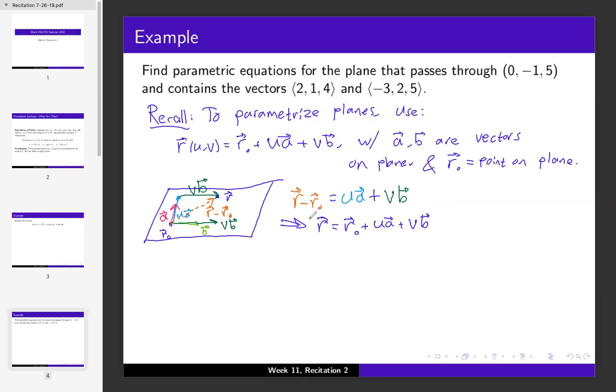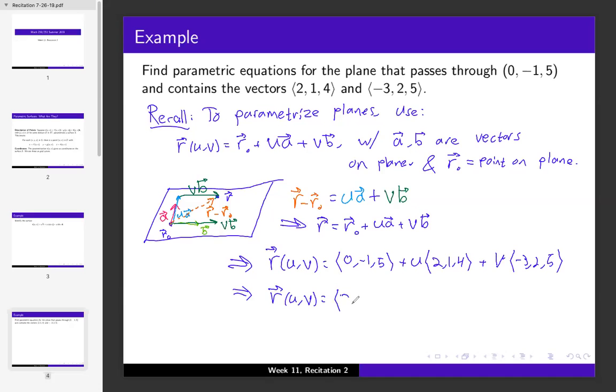So that's where this comes from. Now, in particular, what that really means is that for us, r(u,v) is equal to the point we're interested in, in this case (0, -1, 5), as the point on the surface, plus u times, now what's a? a is (2, 1, 4), plus v times the vector (-3, 2, 5). If you want to write this a little more concisely, you can write this as r(u,v)